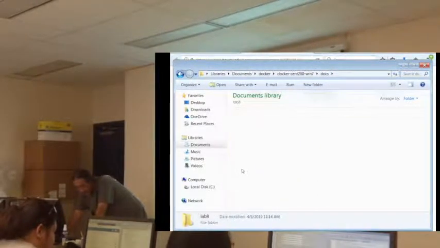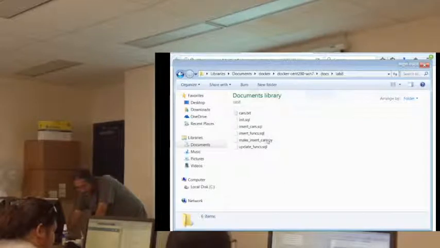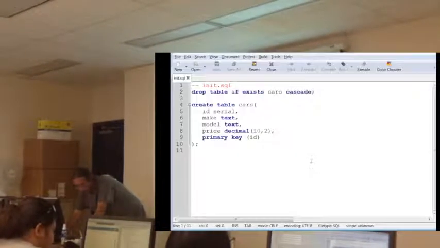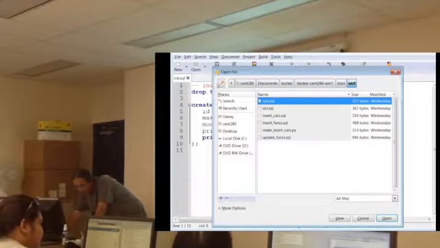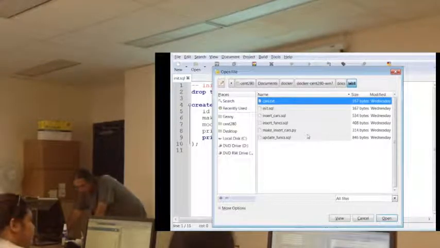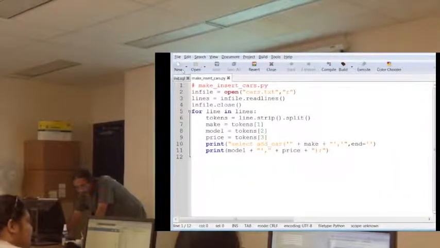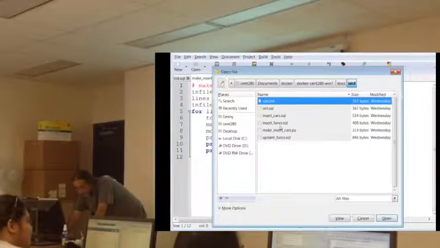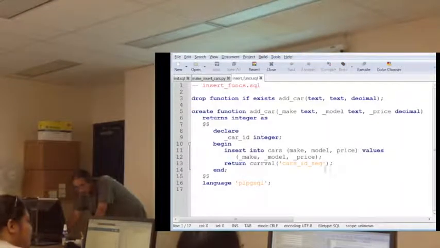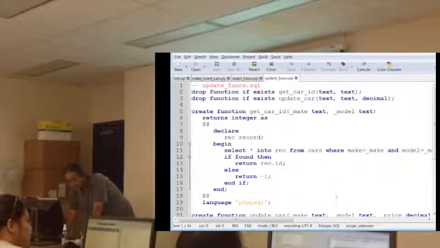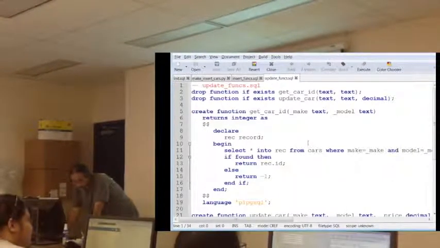For lab 8, I probably want to open init.sql for lab 8, although that was the one you were supposed to come up with on your own. So make_insert_cars.sql. Insert_funcs.sql, let's open that. Update_funcs.sql, let's open that one. Okay, so make_insert_